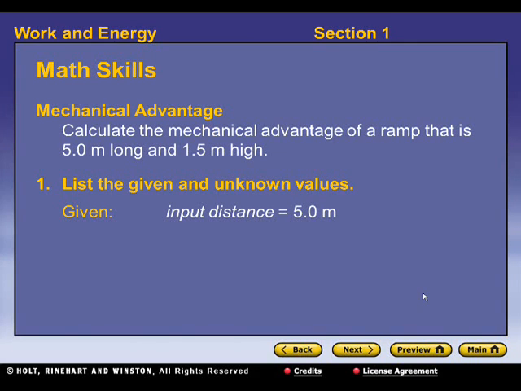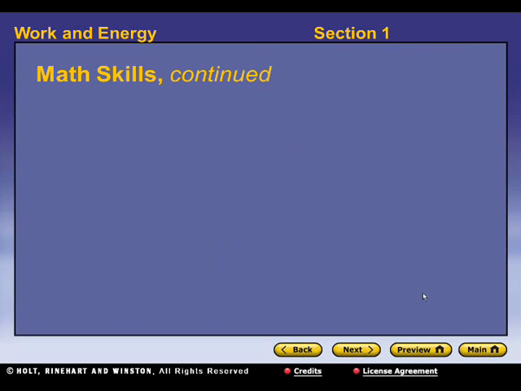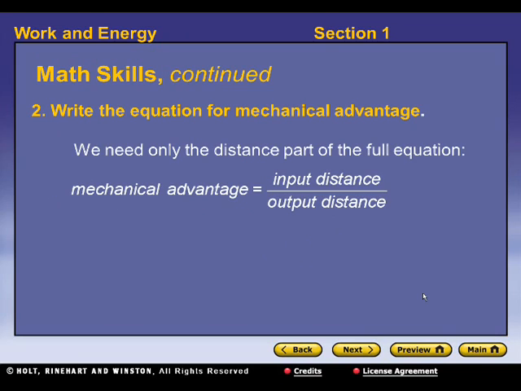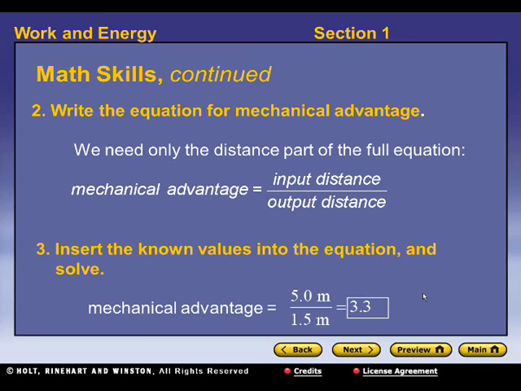So let's list the givens and unknowns here. The input distance, what you have to push the object along the ramp, is 5 meters. The output distance, how far up the ramp raises that object, is 1.5 meters. So mechanical advantage is what we're looking for. Write the equation. In this case, we only need the distance parts of the mechanical advantage equation, which is input distance divided by output distance. So insert the known values. You push the object 5 meters, the ramp raises it up 1.5